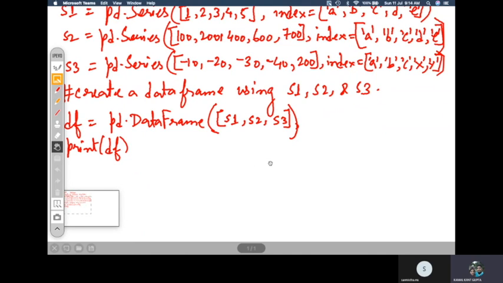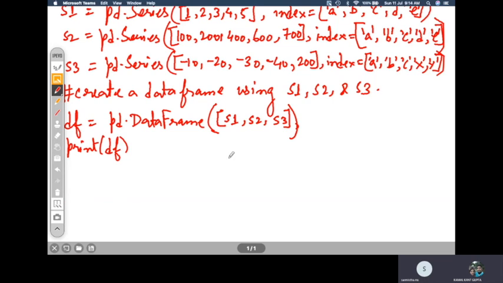You have 5 elements each, but since we have mentioned the indexes differently, we have differently labeled the indexes, so one should observe what is happening. What will happen? There will be 7 indexes A, B, C, D, E, X, Y, and the numbers.